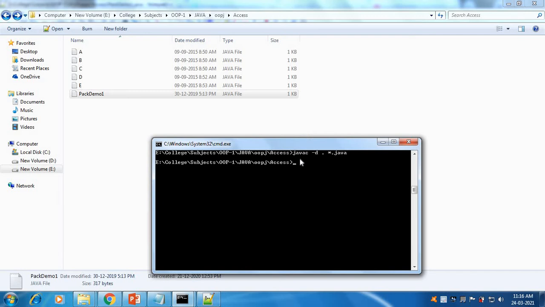The command is javac space, then -d for the directory, then dot, and we can compile the classes one by one, and also we can compile all the classes at the same time. For compiling all the classes at the same time, we can put *.java.